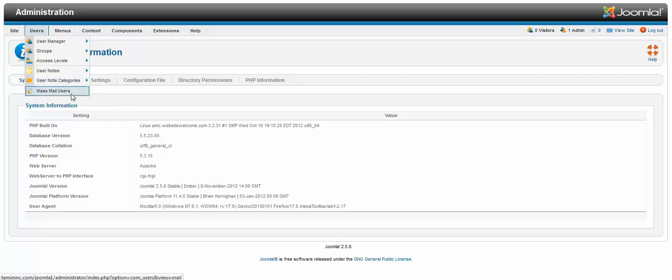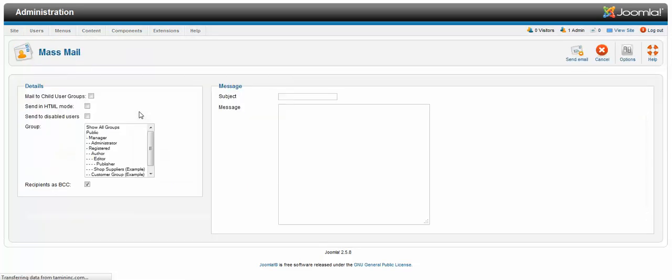And the mass mail, let's say you have 1,000 people that are part of your website or who have registered on your website. With this mass mail tool, you can email everyone on that particular site. So as you can see here, you have the show groups, public, and you can put the subject here, you can put the message, whatever message that you send, everyone in the entire site gets it, or based on whatever you click on, the group section of it. And then you have